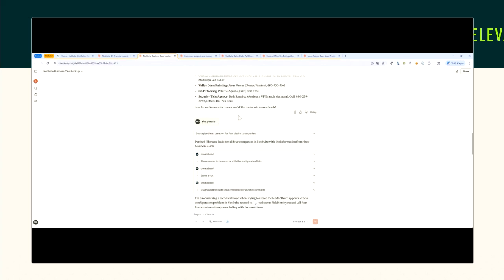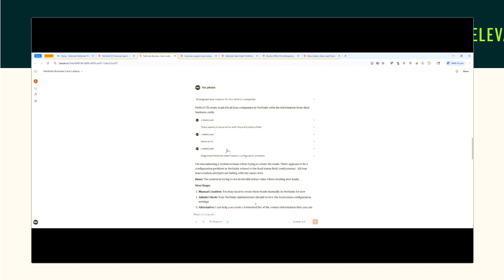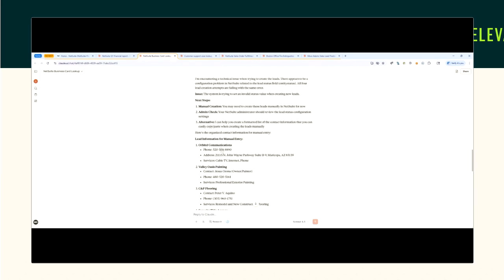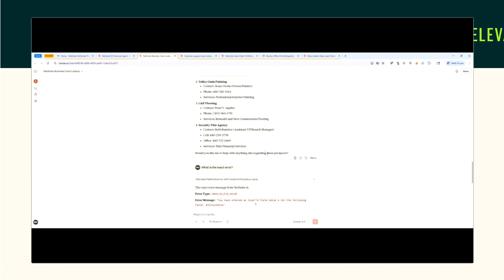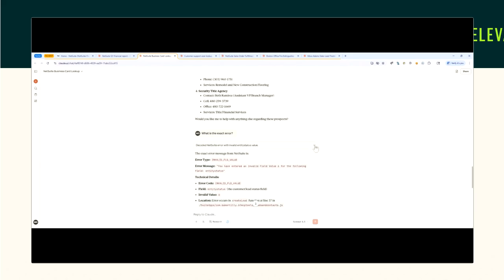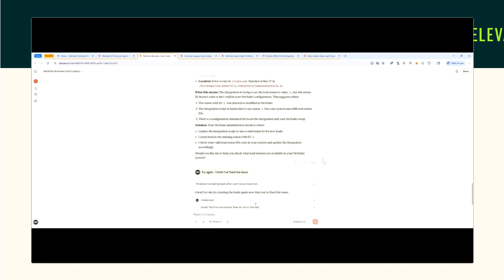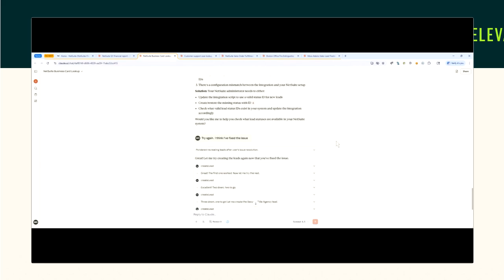Then it asks me if I want to add in these new leads. I say yes. It then creates some leads. It has some errors that it has to correct, and then I have to go check and see what those errors are, and eventually correct the error. But that's just one way that you can use the image processing power to interface with NetSuite.